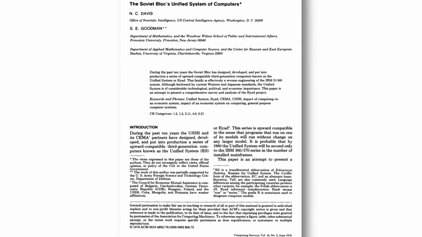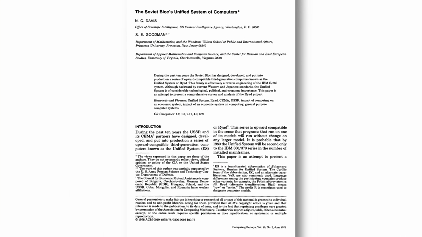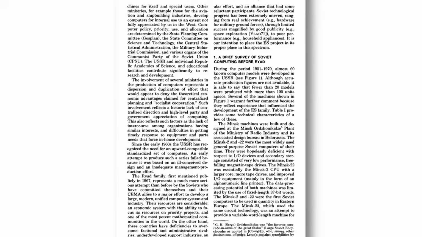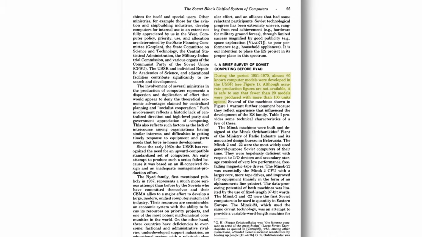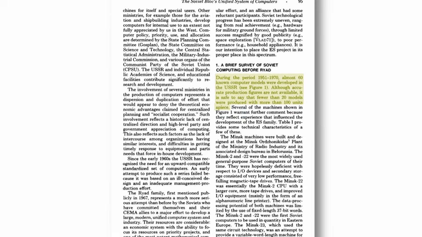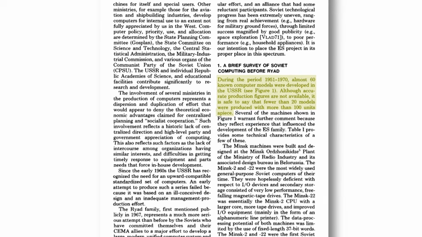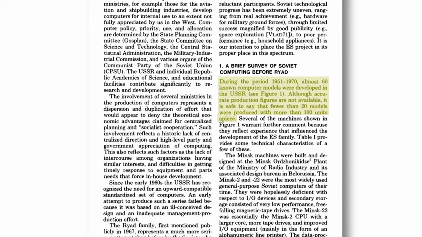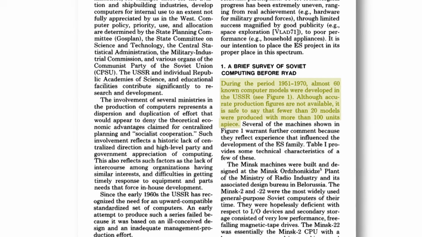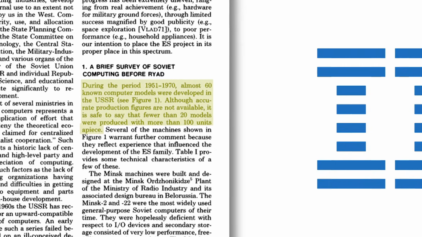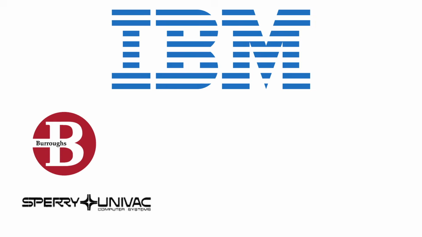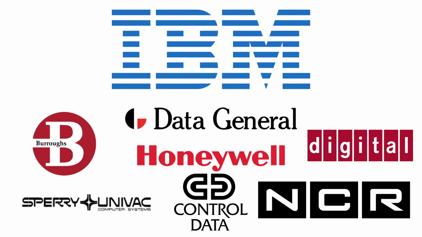According to a 1978 article in Computing Surveys called The Soviet Bloc's Unified System of Computers, from 1951 to 1970, the Soviet Union attempted to develop somewhere around 60 different computer systems, only about a third of which reached triple-digit production numbers. Of course, the early American computer industry also had a large amount of fragmentation, but by the 1960s it had shaken itself out into an IBM-dominated industry, with a second tier of manufacturers such as Burroughs, Univac, NCR, Honeywell, and others rising and falling in opposition, or settling into specific niches that IBM wasn't serving well or was